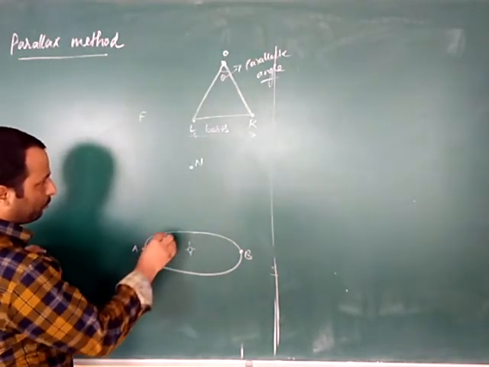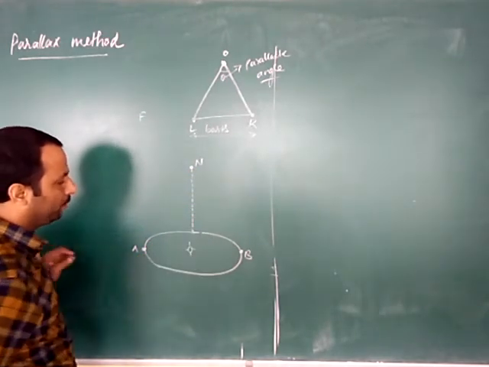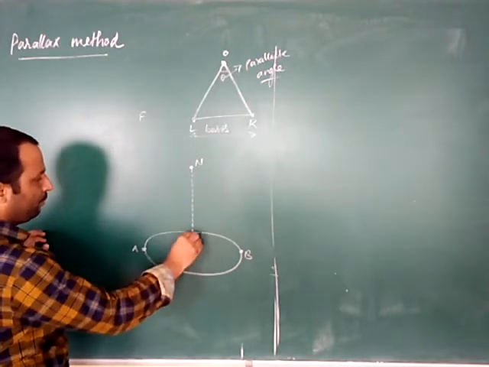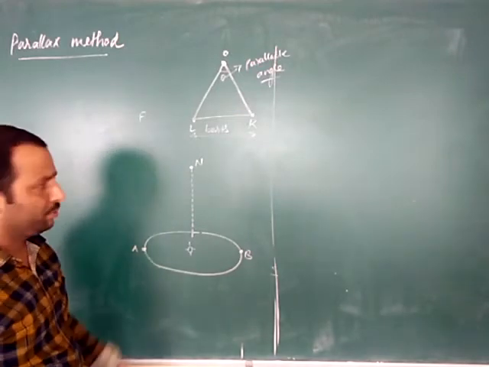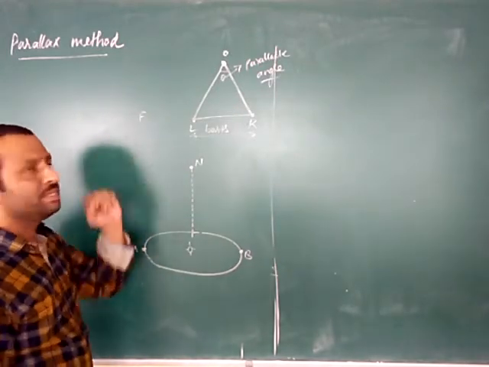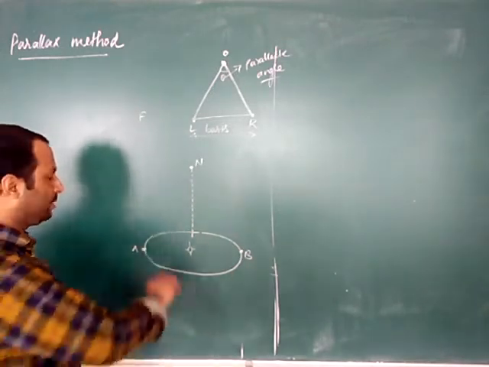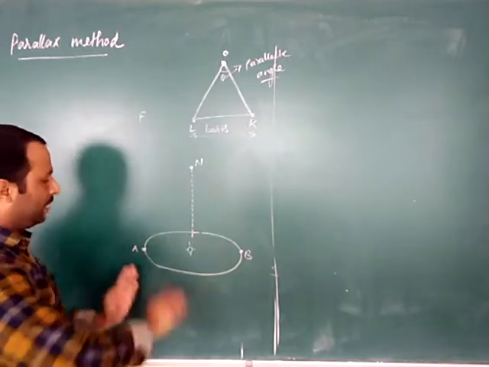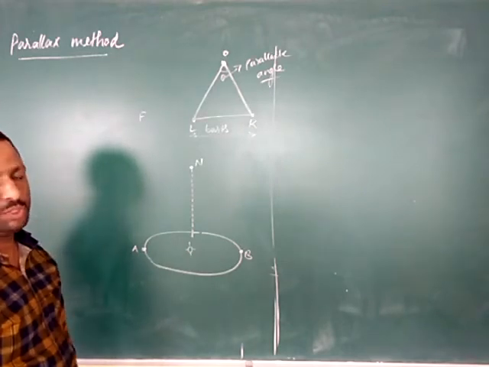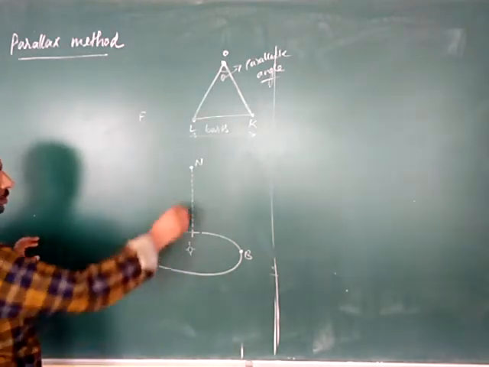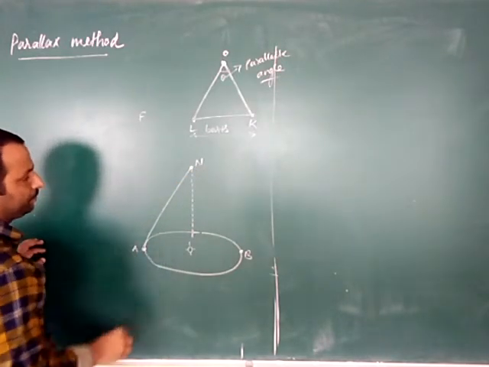First we will drop a perpendicular from A towards the sun. And what is N here? N is the nearby star which is located close to the earth, and F is the far away star whose position will keep on changing as the earth is moving in the orbit. As the earth changes its position, this far away star will also keep on changing its position with respect to the earth. The light coming from the nearby star reaches the earth.